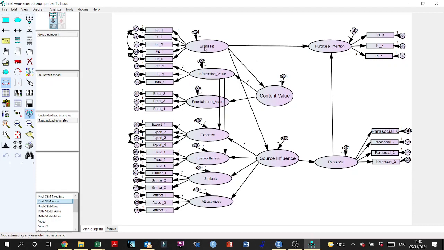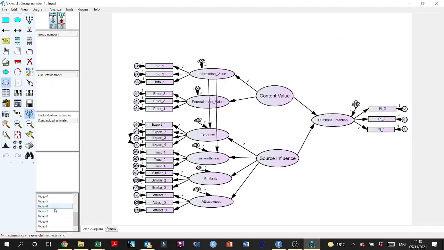And we also showed the story here that brand fit is affecting these two, and then content value, through information value, is affecting expertise and trustworthiness. Source influence is affected by brand fit and information value, and it is in fact affecting the parasocial relationship, which is affecting the purchase intention. However, we couldn't get this to be significant to show a mediating role, because we tried, as you know,